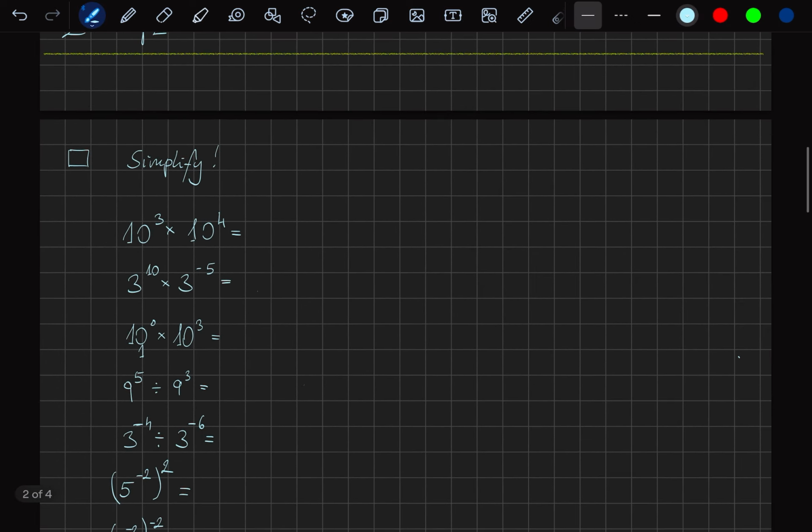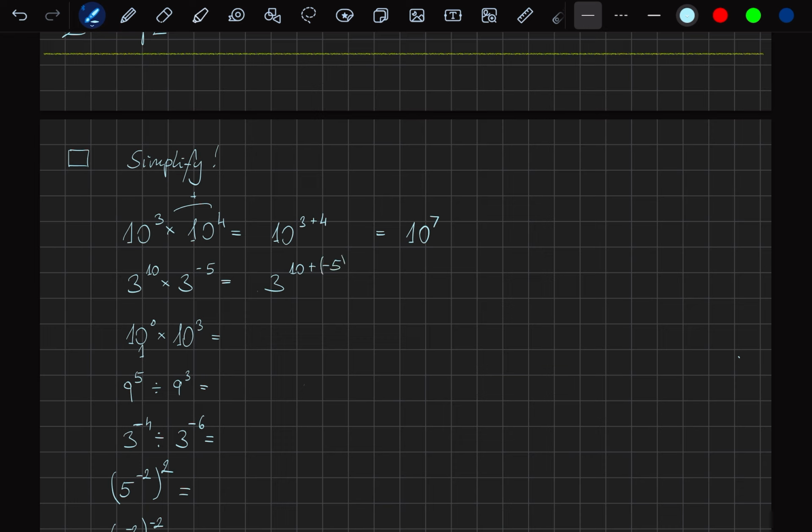record. So 10 to the power 3 times 10 to the power 4 is 10 to the power 3 plus 4. If we multiply two indices with the same base, then we add the powers. So 10 to the power 3 times 10 to the power 4 equals 10 to the power 3 plus 4, which is 10 to the power 7. We again just add the powers